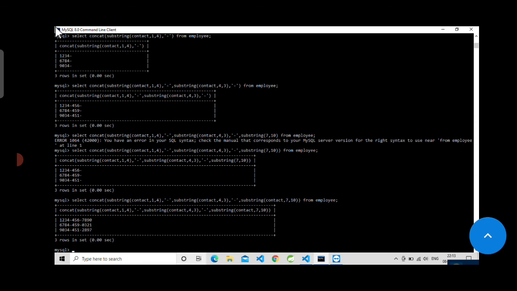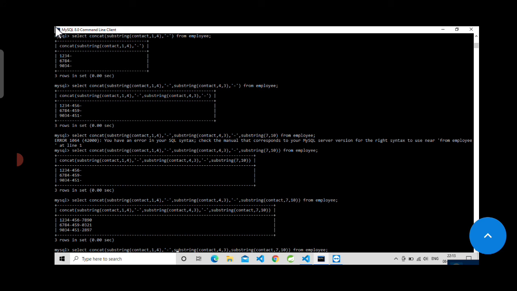So this is how you can write the query. But this is not the optimal query, because consider if you have other data whose length is more than 20 or 50 characters and you have to add delimiters; in that case it will not be a good solution. A minor change in this query is that you can use concat underscore ws instead of concat.